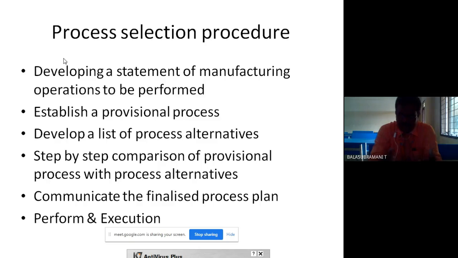For example, take the washing machine, a home appliance. Normally you may provide a semi-automatic washing machine, where washing and drying are separate. You pour the clothes into the drum, press the button and wash.